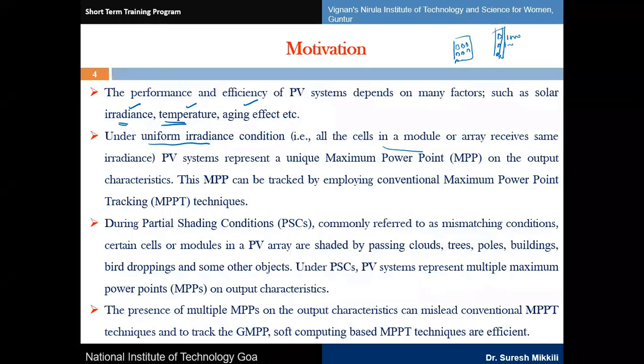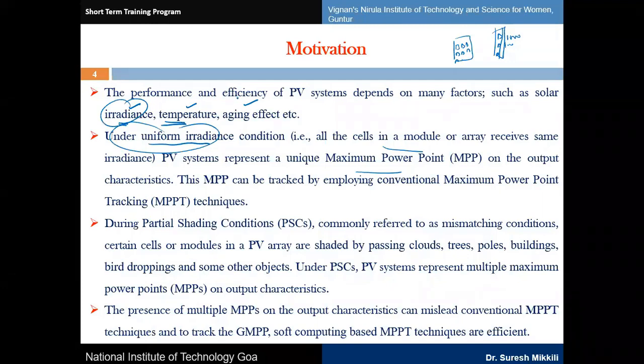Then it is called uniform irradiance. Under uniform irradiance we will get a unique maximum power point on the output characteristics. The MPP can be tracked by employing conventional MPP techniques.